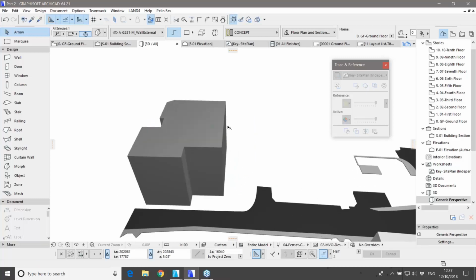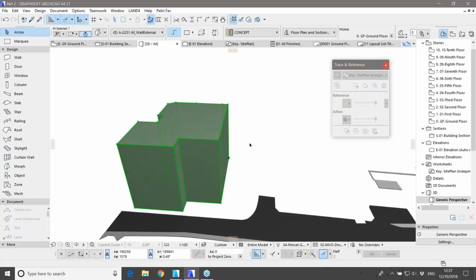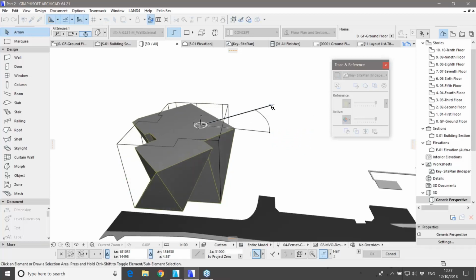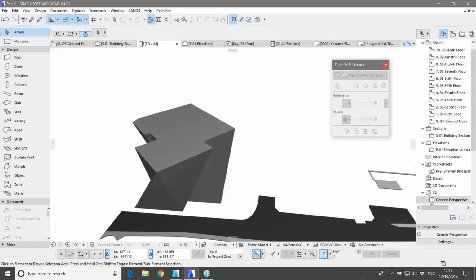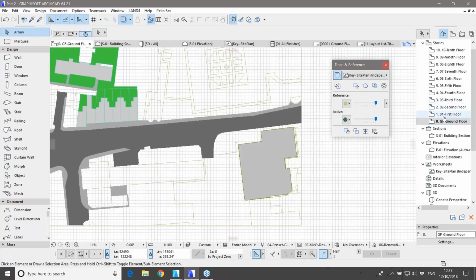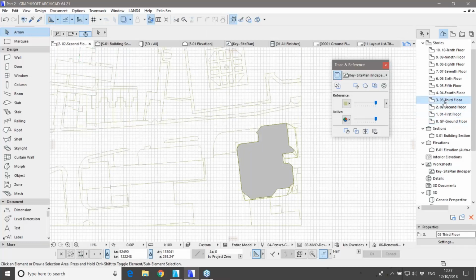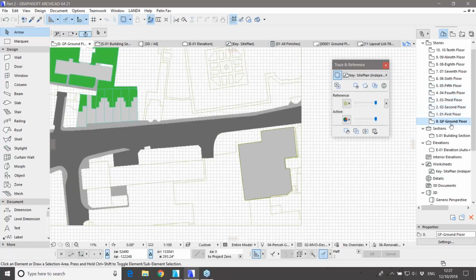To make it more interesting, I'm going to twist this building. So you can pick the surfaces, surface by surface actually. What I've done here is I just picked the top surface, and I'm going to rotate just the top surface, leaving the footprint as it is. And if I now go back to my stories, you will notice I will get the projected version of each story, story by story. And the nice thing about this